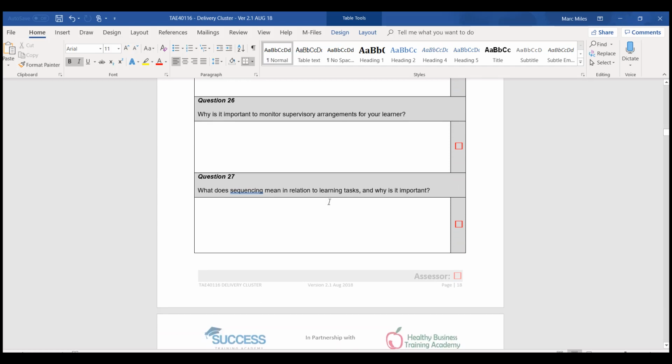Okay, question 27, what does sequencing mean in relation to learning tasks, and why is it important? Okay, well, I guess the simplest way to think about this question is, why would we want to give somebody tasks or learning activities from easiest to hardest? Okay, and I imagine that you'd be able to answer that question. And you may also want to go to Google and type in training sequencing or sequencing in training and